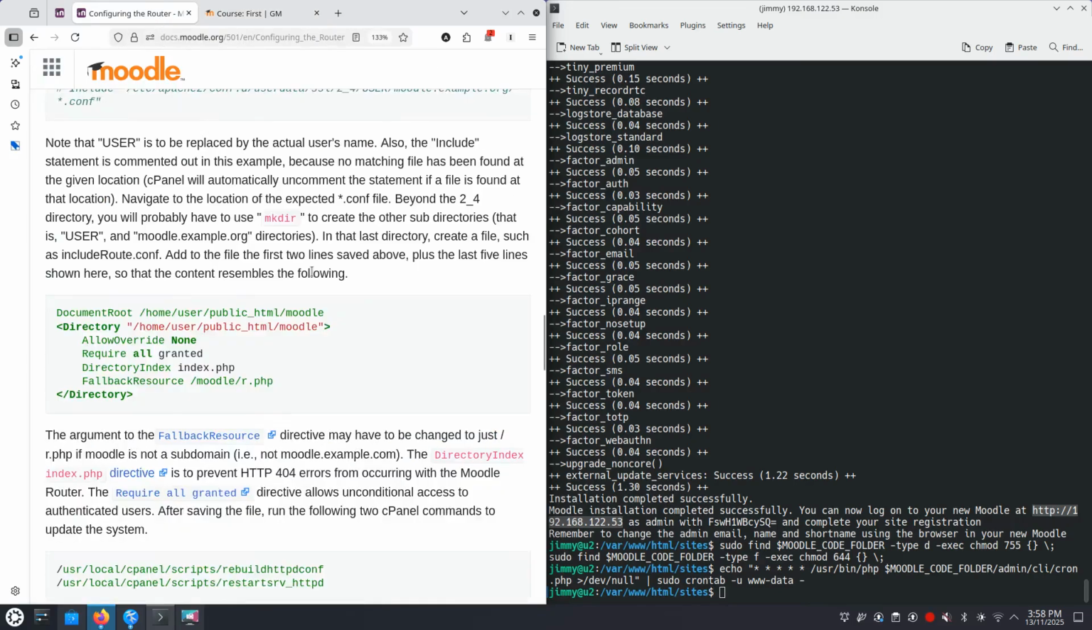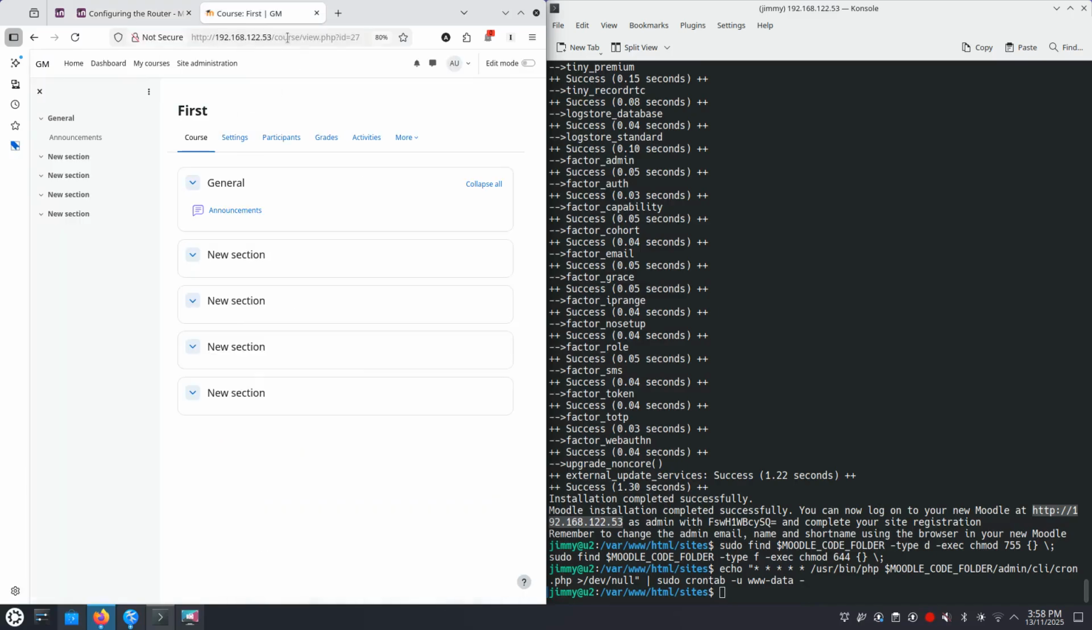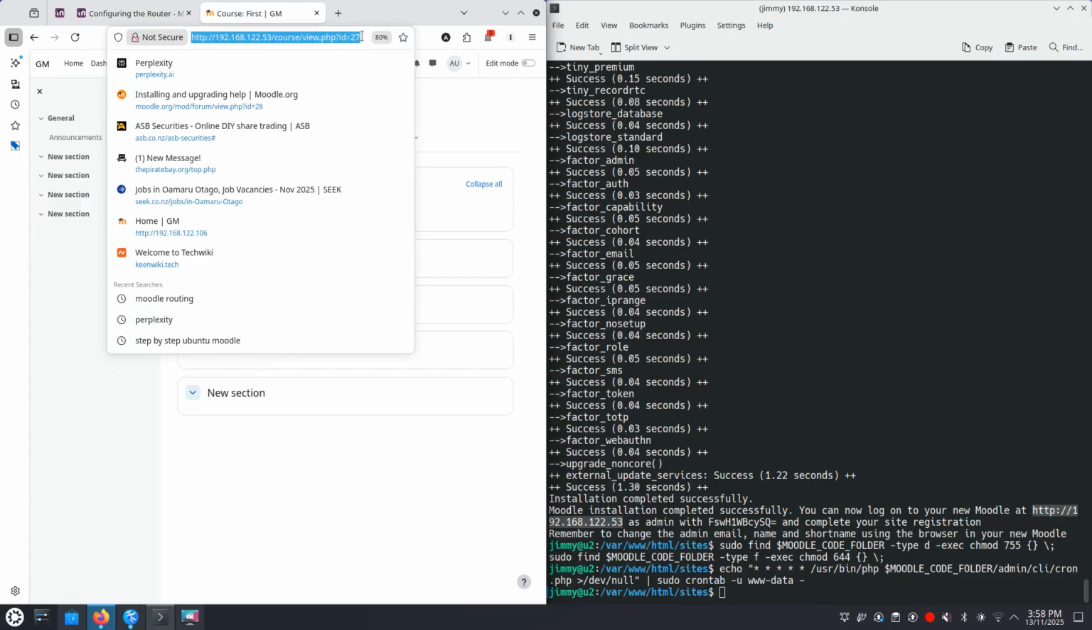Now you see here on configuring the router, where's the configuring the router? It tells me how to test the system. You log into Moodle, right? We've done that. Open a course and note the ID number. So what they do at the example, the Moodle example com course view, and you want to take that and you want to take from the course view and pick up my course manage like that. So we copy that one, go back to our course,